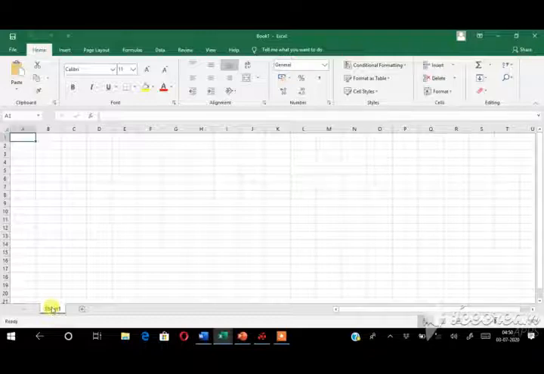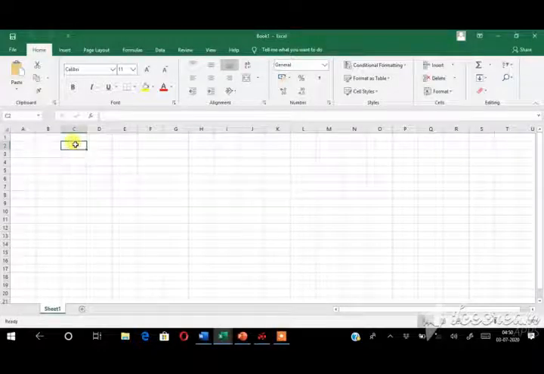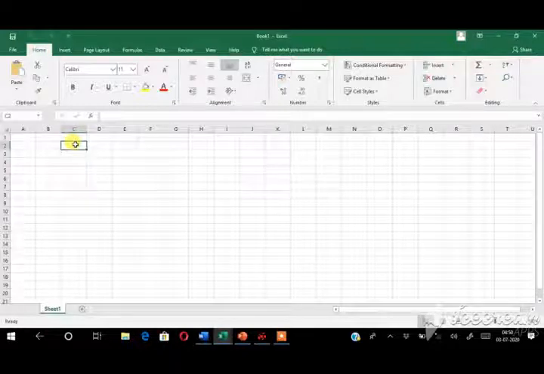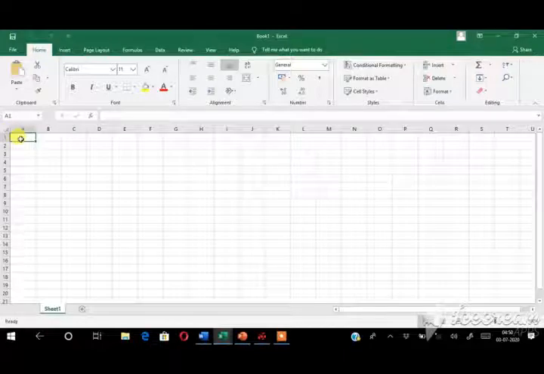sheets. See here, each individual box is called a cell. Cell means the point where your row and column intersect. See here, I am clicking here, this is column A, and this is the row. Here the row and column intersect, so this is called the cell.